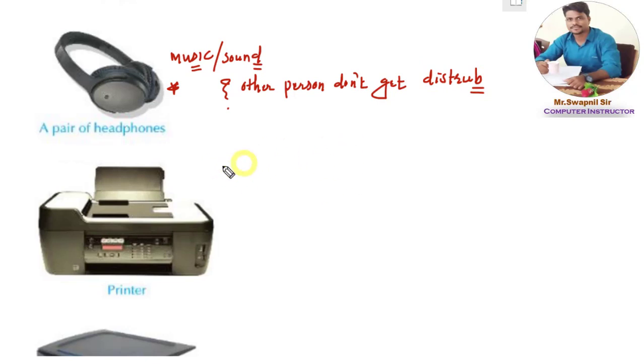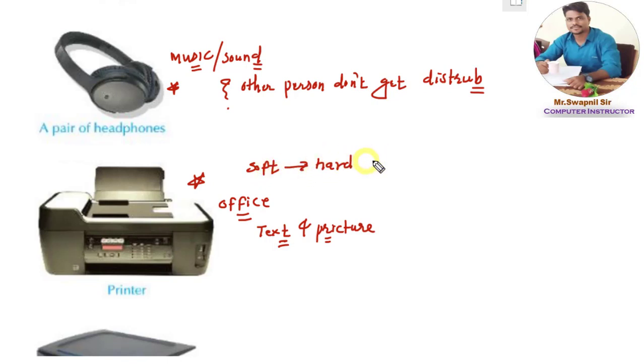Okay dear student, now this is printer. And what is use of it? You have seen printer? Yes, you must have seen this printer in our office, school office, right? So printer is used for printing the text and picture, to print the text and picture from computer to the paper, or you can say soft copy to hard copy. ठीक है.